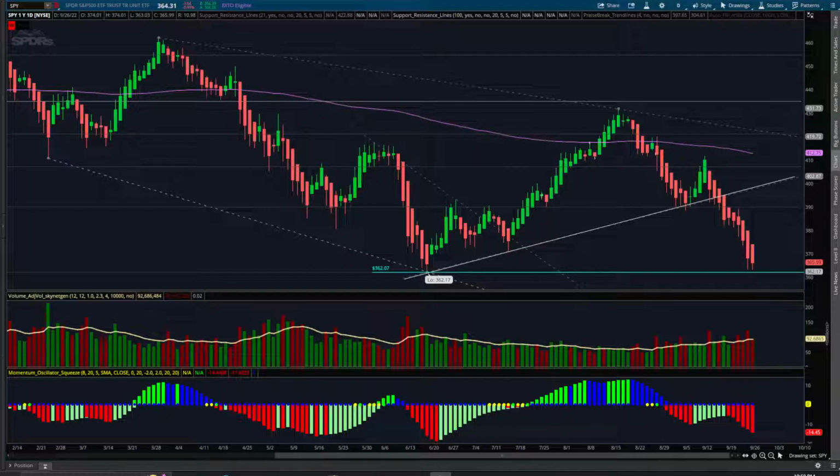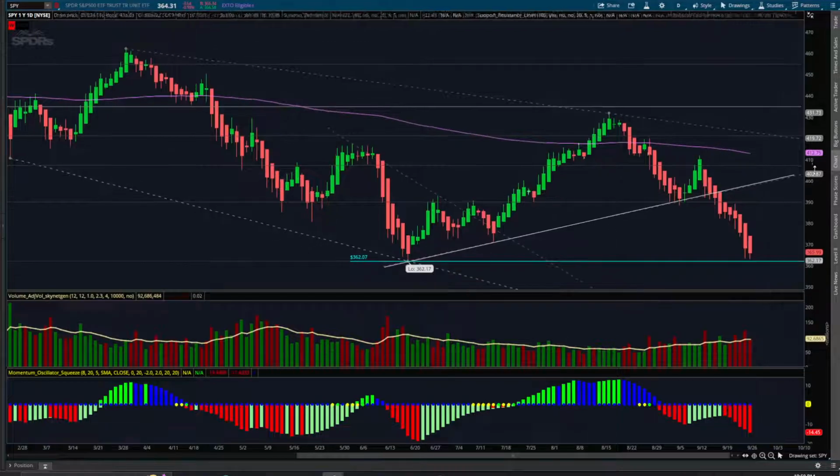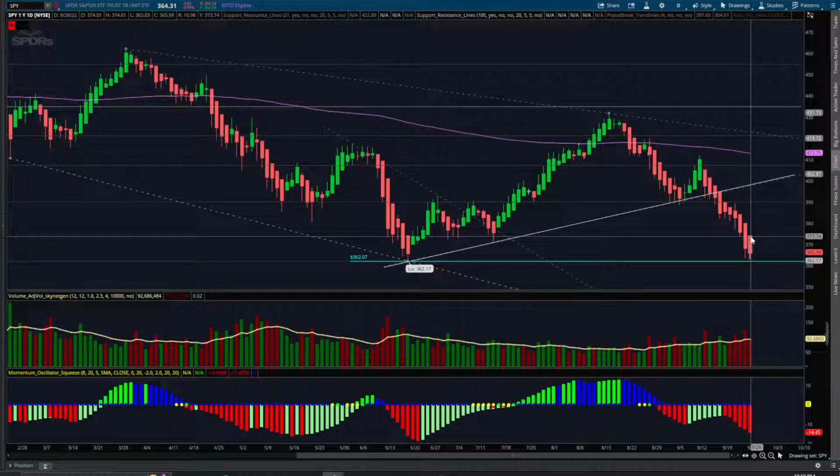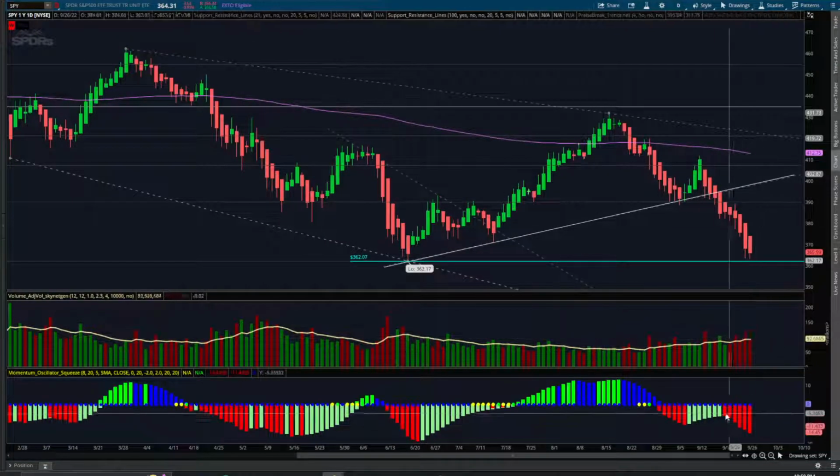All right, so here we go. Let's go ahead and start with the SPY. And let's start with the daily since we covered the weekly yesterday. And you can see we formed another flat top here, red volume. Momentum, you can see in the momentum squeeze, we are still